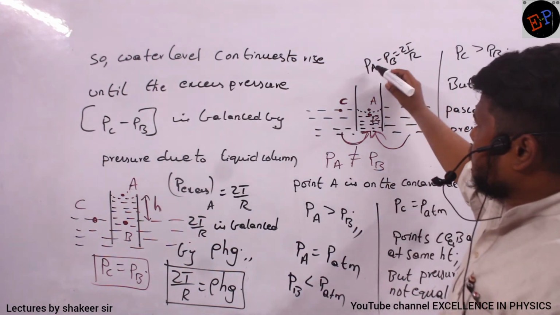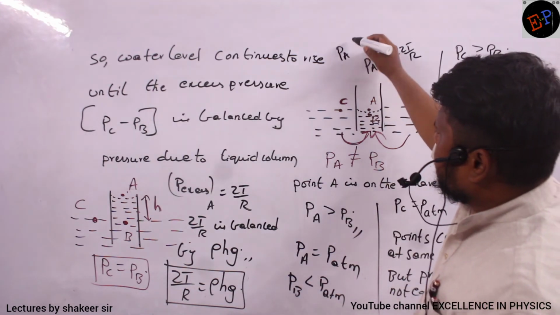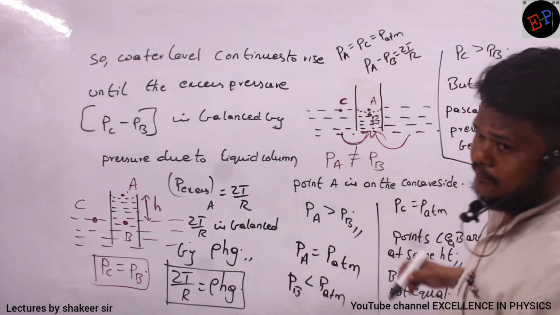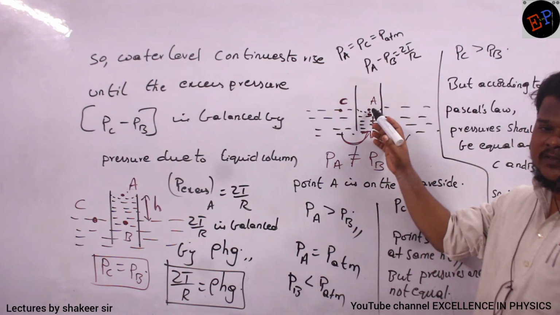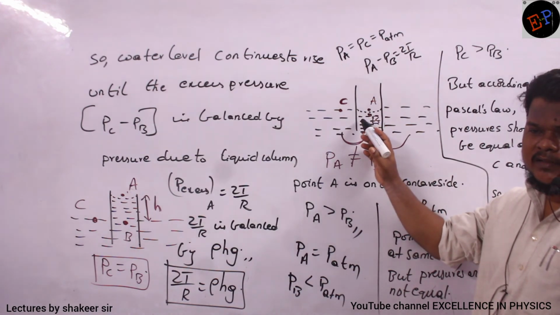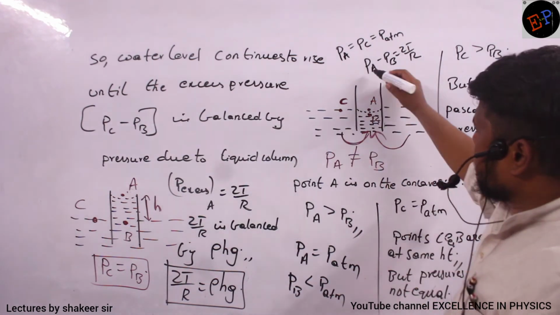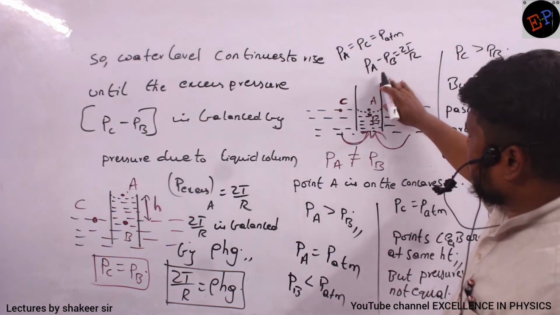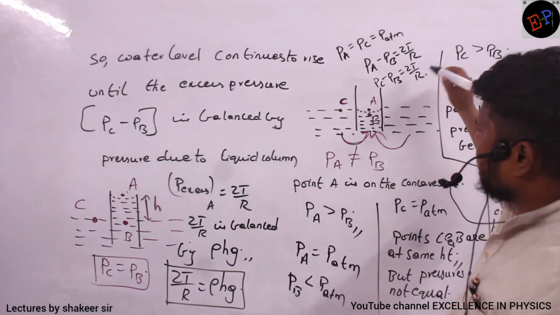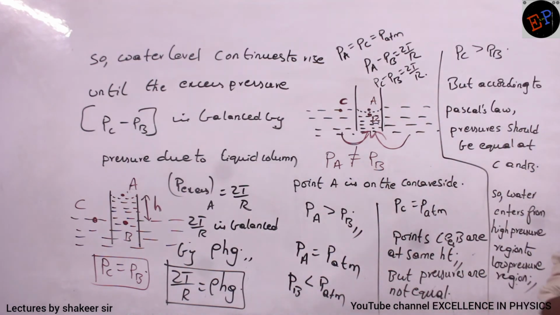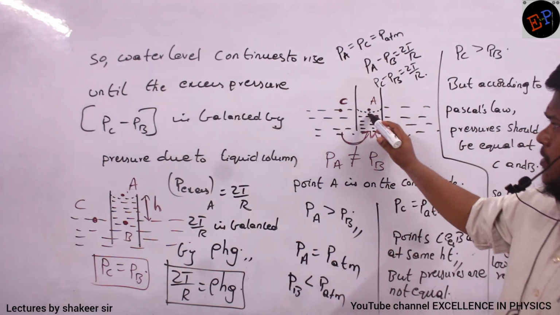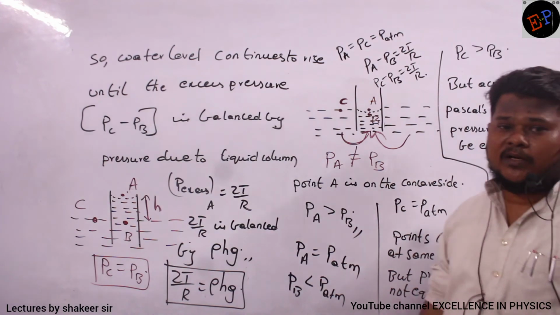Okay. So, pressure at point A is equal to pressure at point C, and both of them are equal to atmospheric pressure, no? Point A is present in atmosphere. Point C is also present in atmosphere. So at both of them, what is the pressure which is acting? Atmospheric pressure. So therefore, instead of PA, I can write PC also, no? I can write PC minus PB is equal to 2T by R. I can write like this also, because at A and C, the same pressure is acting. So therefore, between point C and point B, there is a pressure difference of 2T by R.